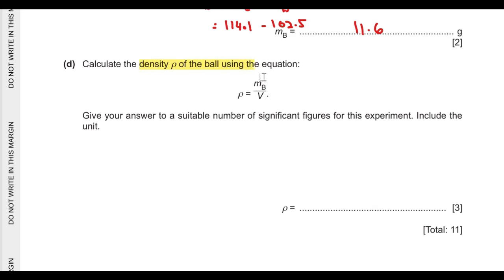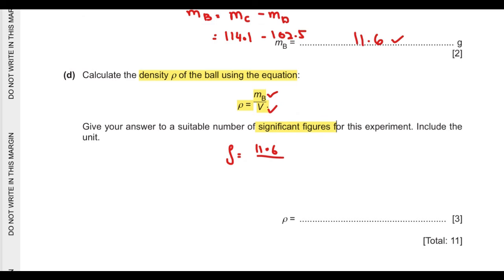D part says calculate the density of the ball using the equation. This is the equation that we have. Give your answer to a suitable number of significant figures for this experiment. Include the units. We have the formula for the density. Let me put the values over here. Mass of the ball is 11.6, we have just calculated it, divided by the volume of the ball. We have already calculated the volume, which is 9.14. So I'll plug in over here. Dividing both values, we'll get the answer as